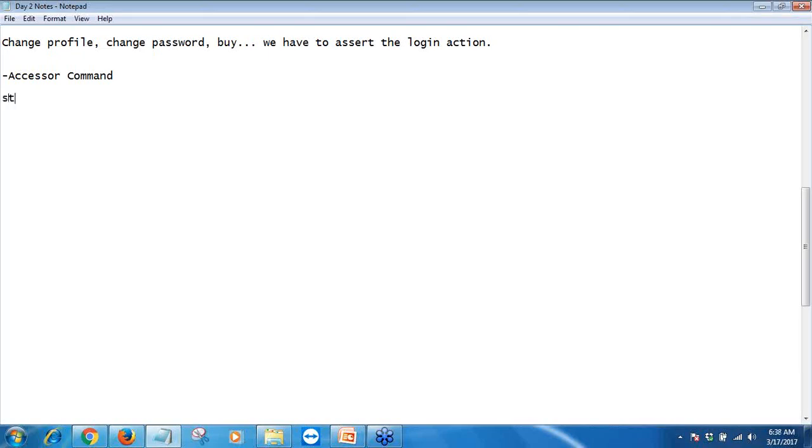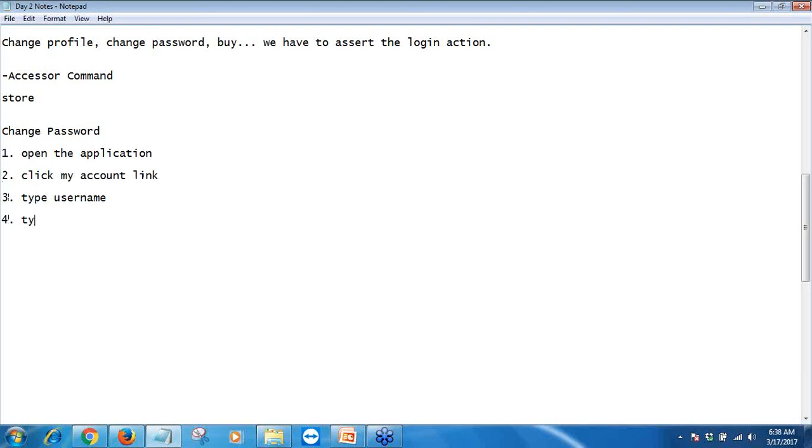So the accessor command example is the store command, and the scenario which we are going to pick is the change password scenario. In the change password scenario, my steps are: open the application, click my account link, type username, type password, click sign in button, verify my account information on the page,